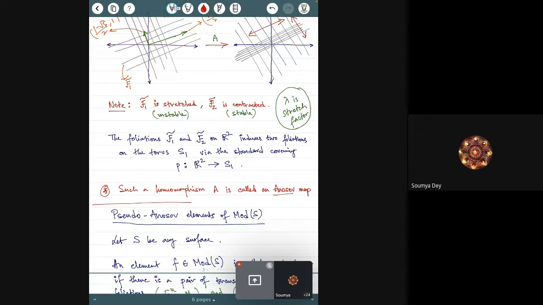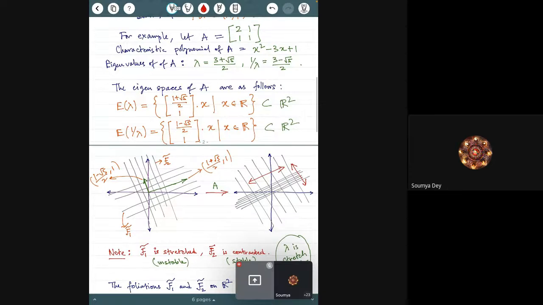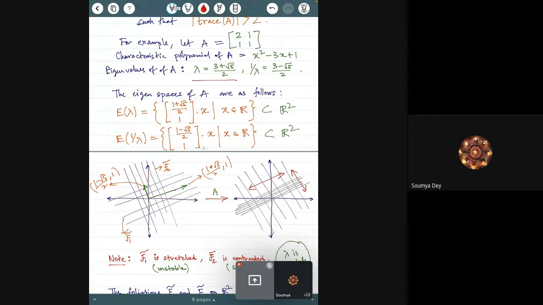So we are noting here that if we call these foliations f1 tilde and the other one f2 tilde, then f1 tilde is getting stretched and f2 tilde is getting contracted. And if you actually calculate the amount of stretching here, you will find that the stretching is by a factor of lambda, and the contraction is by a factor 1 by lambda, which are these two eigenvalues. Okay,